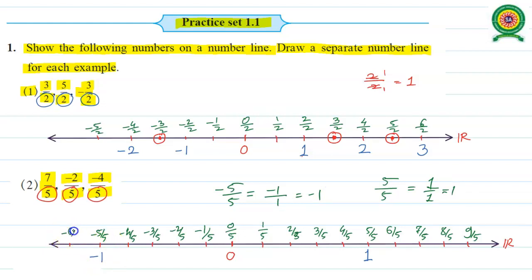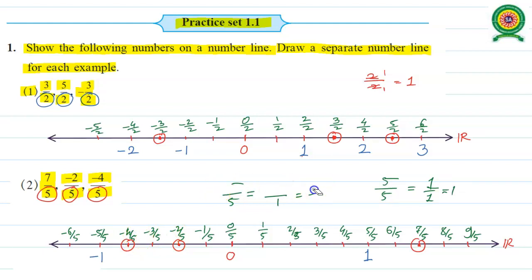And the last one we have now is minus of 6 by 5, and so on. Now we have to locate 7 by 5. So where is it located? After 1, somewhere we have 7 by 5. Next to it, minus of 2 by 5. So after the 0, towards the left direction, somewhere we have minus of 2 by 5. Then minus of 4 by 5. After that, towards the left of minus of 2 by 5, we have minus of 4 by 5.